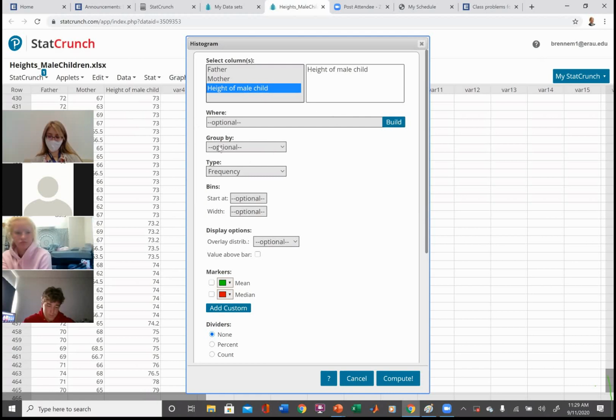I'm not going to mess with any of this. I'm going to leave frequency. And so this is where categorical and quantitative are a little different. Remember we said when we have large data sets with a categorical, we like to plot percentages. We're going to keep this as frequencies, okay? I'm going to put value over bars and the mean and the median. And that's usually a good thing to put into your plot. You don't have to, okay?